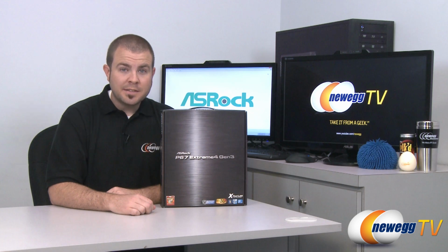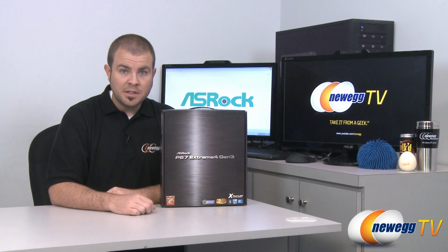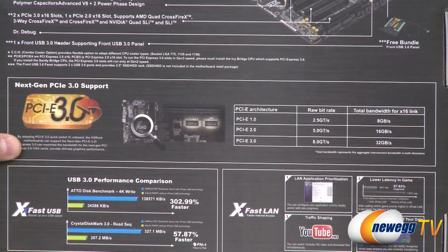My name is Paul and today I'm going to be doing an unboxing and overview of this motherboard. This is an ASRock P67 EXTREME4 Gen 3 motherboard. It features the P67 chipset as well as the 1155 socket for Intel Sandy Bridge as well as upcoming Ivy Bridge CPUs. Now the Gen 3 in this motherboard's name refers to the next generation of PCI Express, which is